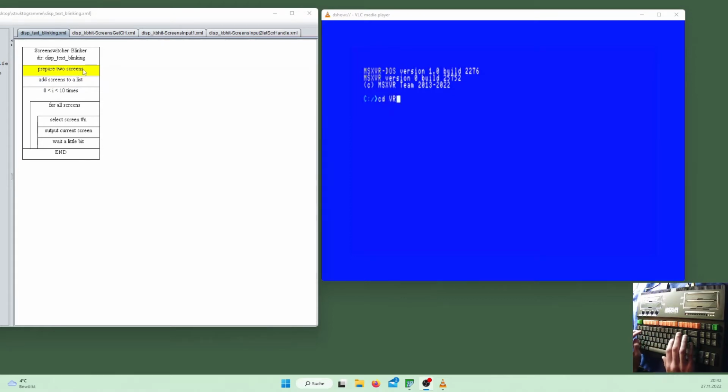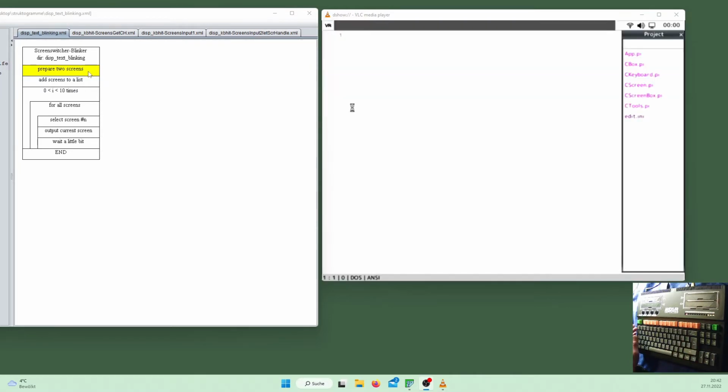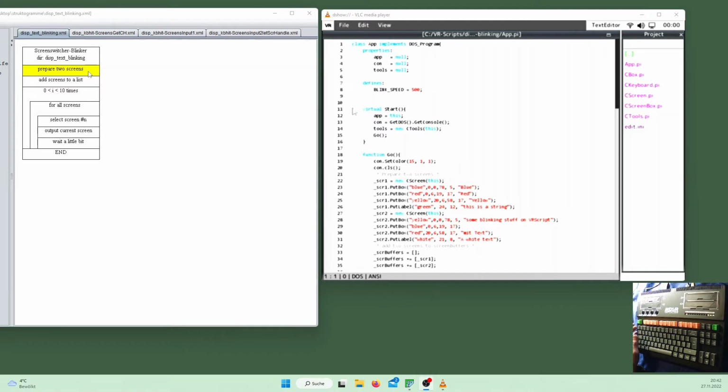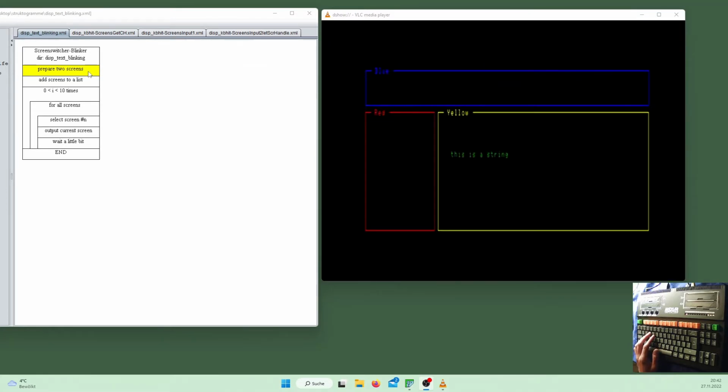So with this I started, and let's see if I can find it. Blinking, and I will show you how the code works. So let's start first to see what's happening. You see here two screens which are alternating. These are boxes here, and a little bit of text. I call these elements widgets somehow, but these are a kind of steady widgets,